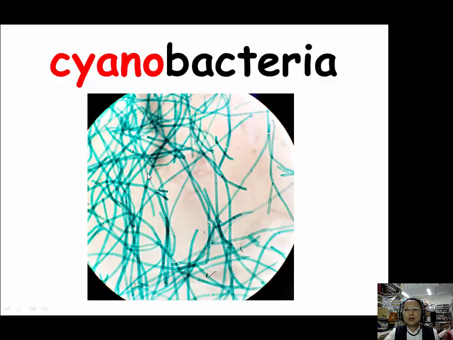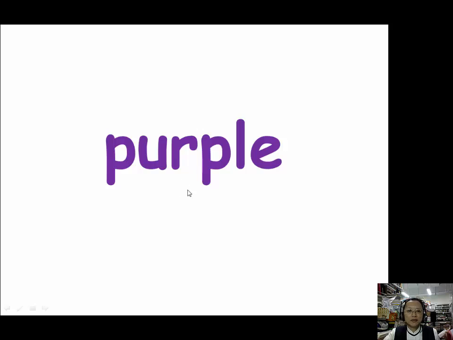Cyanobacteria are also sometimes called blue-green algae, but blue-green algae actually is a misnomer because cyanobacteria are prokaryotic, but algae usually is regarded as eukaryotic organisms. The name cyanobacteria comes from the color of the bacteria. It is blue because the photosynthetic pigment they use mainly absorbs green and yellow light. Therefore, they appear blue. For purple, we have 1 prefix, that's porphyro,